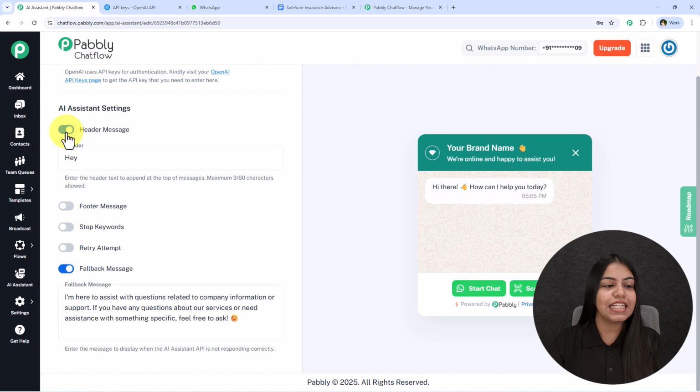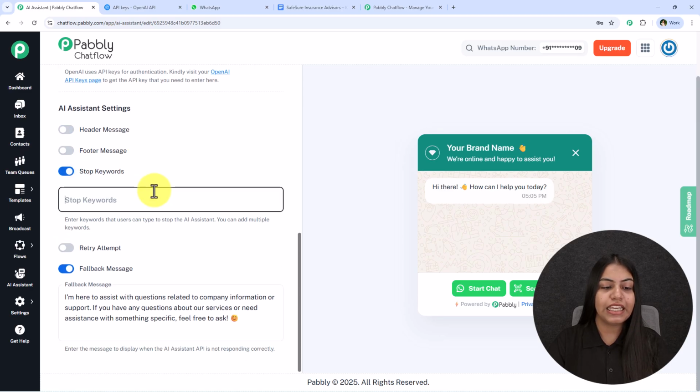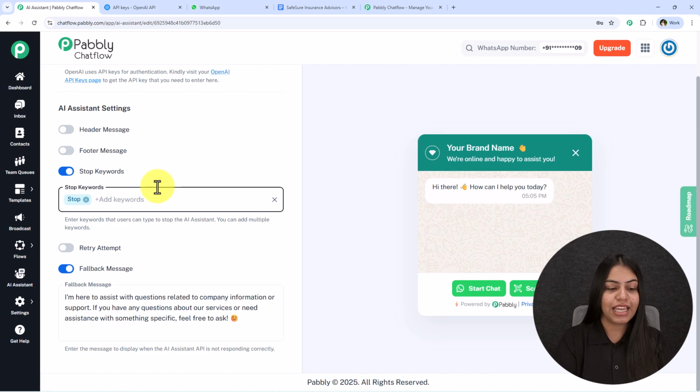The next is this stop keyword. So over here you can enter the keywords to stop the AI assistant. You just have to type the keyword and then press enter to add the keyword. It is really important that you press enter, otherwise the keyword will not be added like this. All right, so you have to make sure that you press enter. So now you can enter the keywords, and let's say some user is chatting with the AI agent